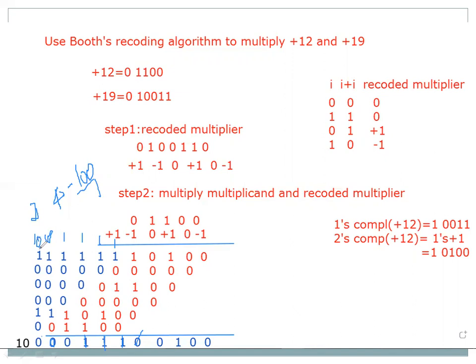Therefore, here how many ones? So 10 is equivalent to 2. Therefore, 2 plus 1 plus 3, 3 plus 1, 4. Again, you are writing 0 in the result part, 10 in the carry part. So in this column, we have no more bits to add. Therefore, you are going to drop out this 10 here. Now, you are going to take the result from this. We know very well, up to this only we have to take it. This is a carry, so you have to ignore this value 10.